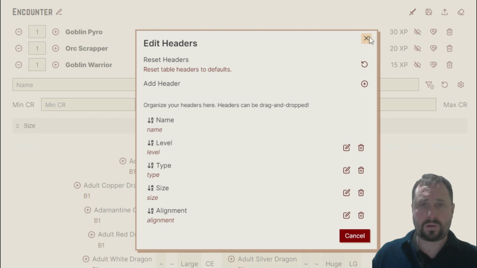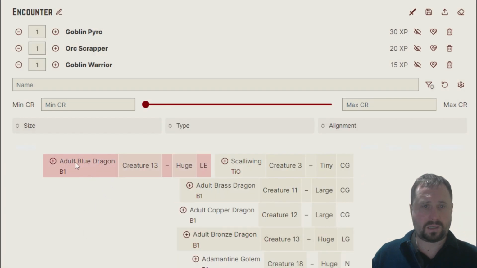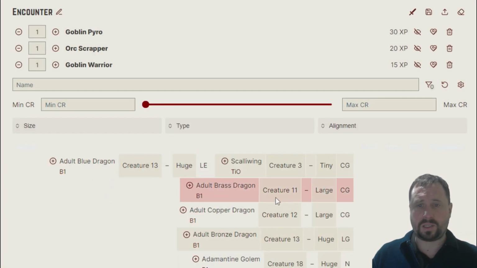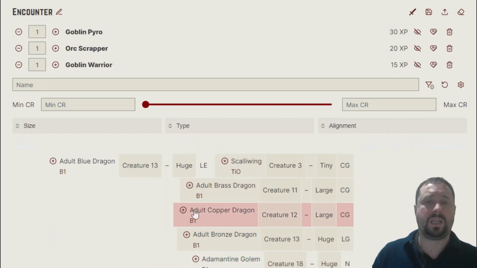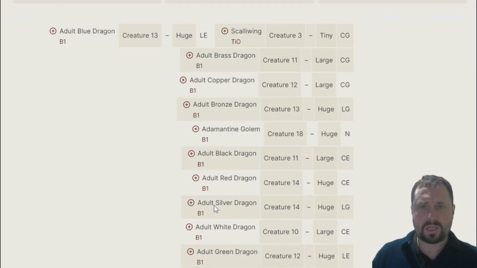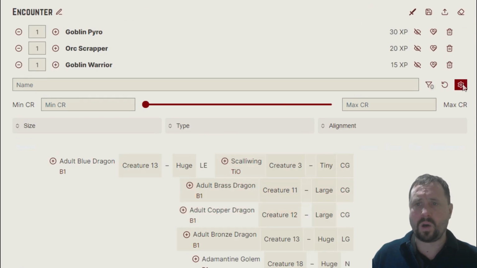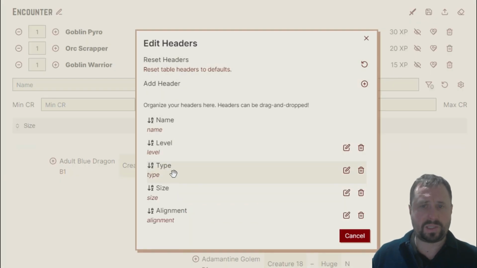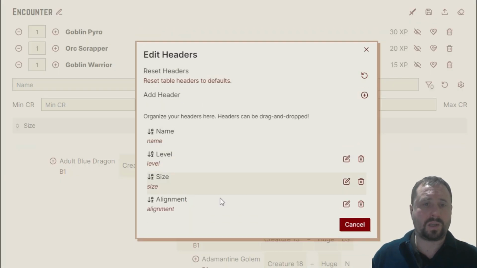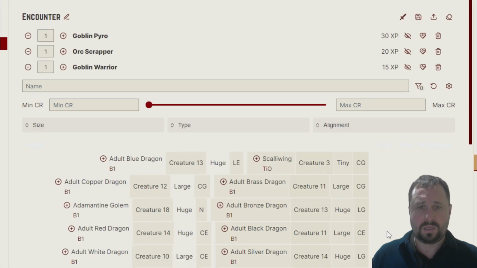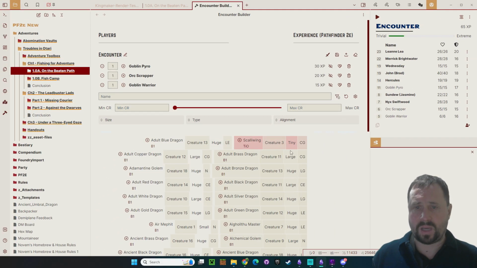Alright, let's go through and have a look at that. Now we're getting creature 13, creature 11. Alright, that's more useful. We're now starting to get level. Alright, after the level, we've got another column there that's getting these dashes. And that doesn't seem to be working properly. What is that? Level is type. Well, we're not getting type, it's not working. Alright, so we can get rid of that. So now we've got name, level, size, and alignment. Alright, that now gives us a better sort of